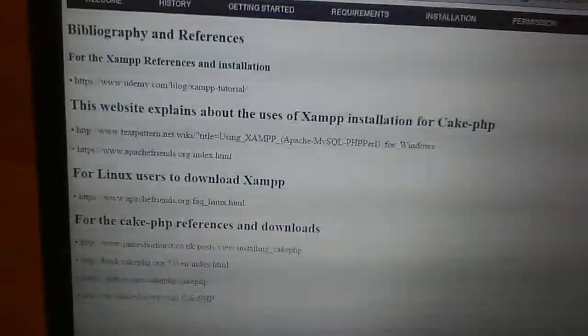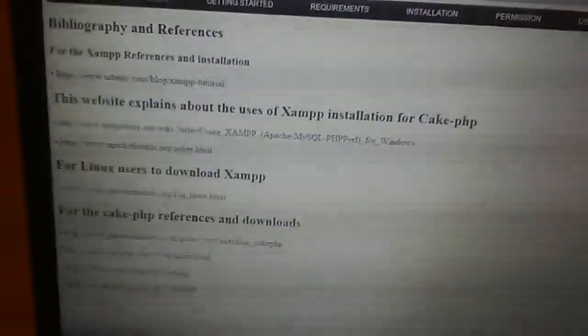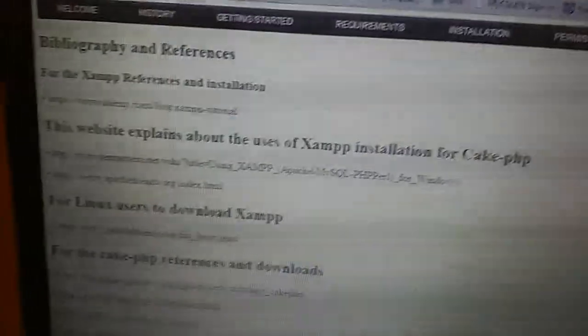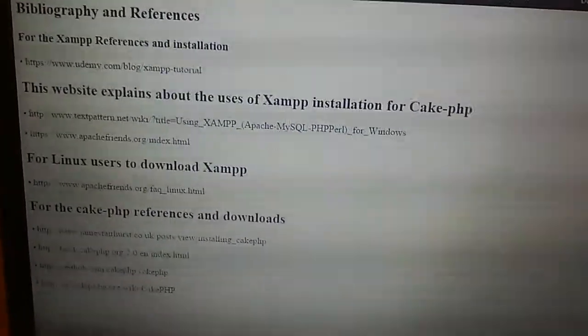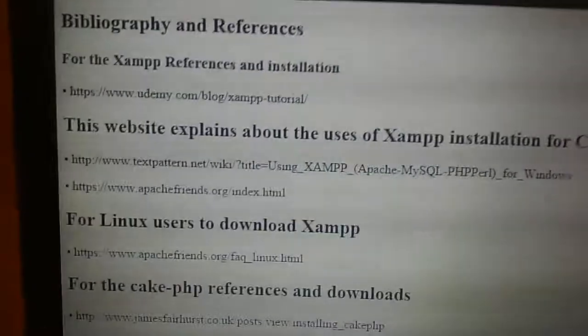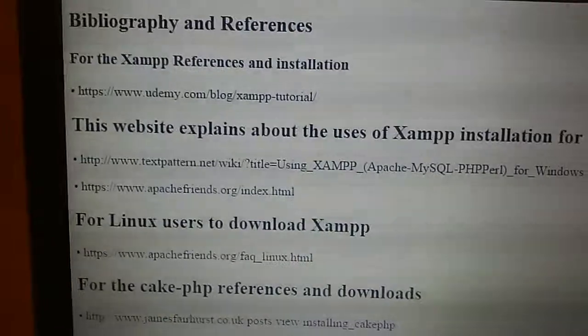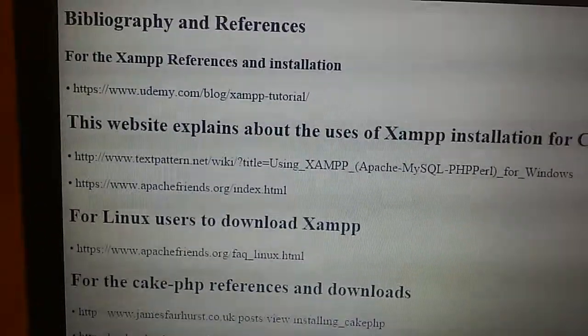Finally, we are coming to the end of this session by explaining the bibliography and references. The XAMPP references and installation I have taken from www.udemy.com blog XAMPP tutorial.